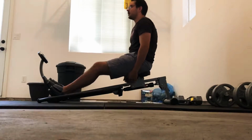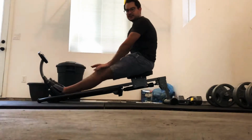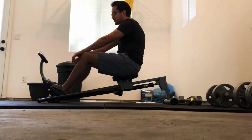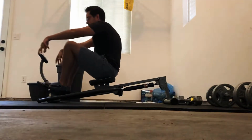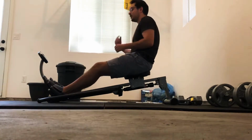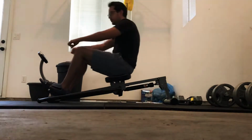Now, this is a cheaper rowing machine in comparison to some of the other rowing machines that you can buy off of Amazon or online. Some of the more expensive ones have a base that, when you pull on a rope, spins the oars within that base, and the other ones are fan based. So when you pull the rope,